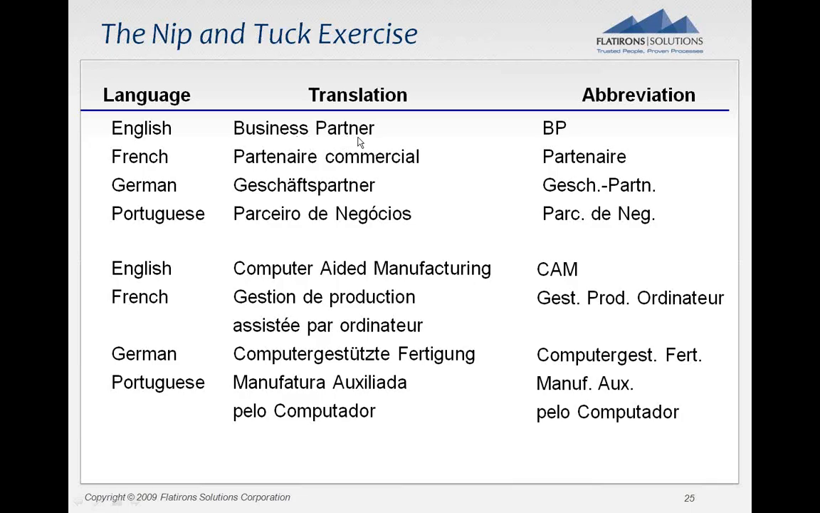Some other examples, if you looked at the English business partner, we would say BP and know what that is. The only option you have in French is partenaire. In German, you have this hyphenated abbreviation, but it's almost as long as the original, and almost as long in Portuguese. In computer-aided manufacturing, in French, it is a combination of 6 words instead of 3, and you can abbreviate it down to 3 parts of words, but you can't get down to an acronym or an abbreviation just of the letters and have any meaning. So these give you at least an idea of the problem that the translator is up against